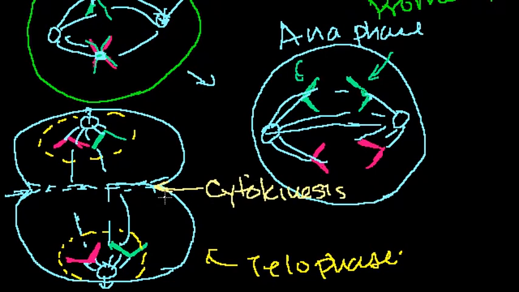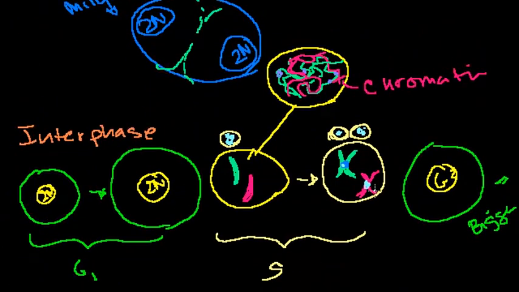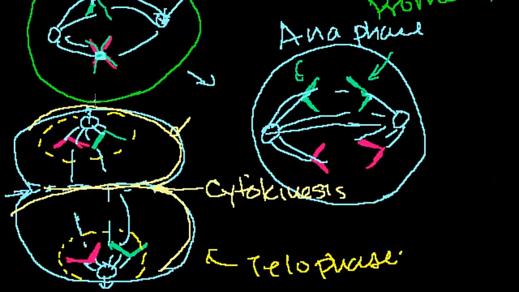So right at the end of mitosis, you do normally have two complete identical cells. Then once you have each of these two cells, they each individually enter their own interphase. If we look at just this one, he will then be in his G1 phase. And then at some point, these two things are going to replicate, and that's S phase, you go to G2 phase, and then this guy will experience mitosis all over again.